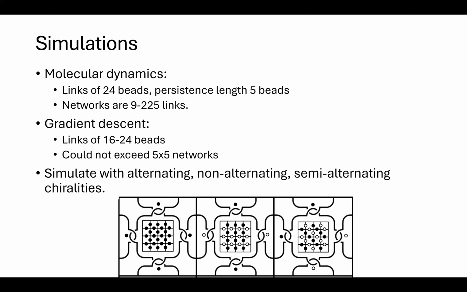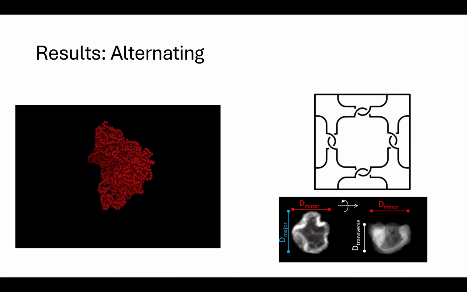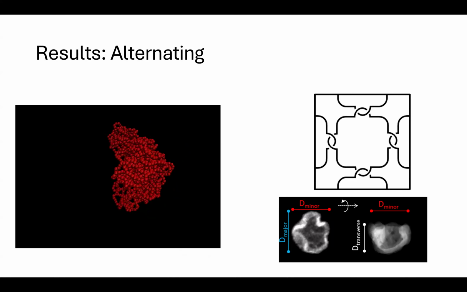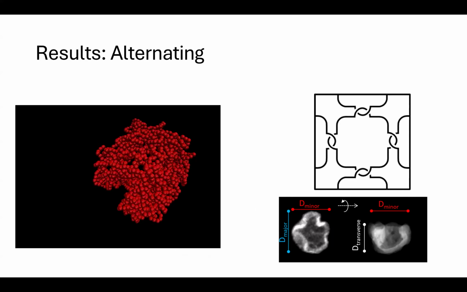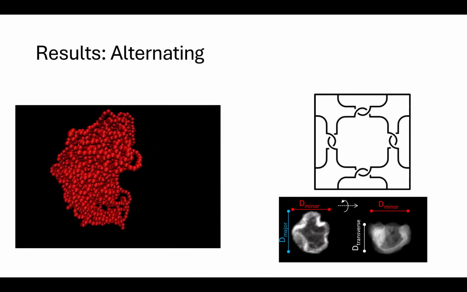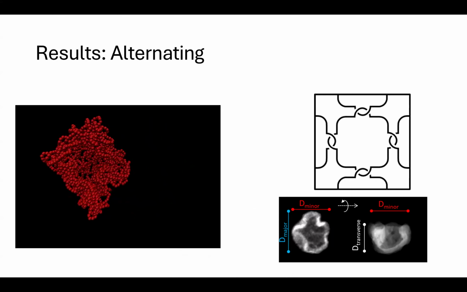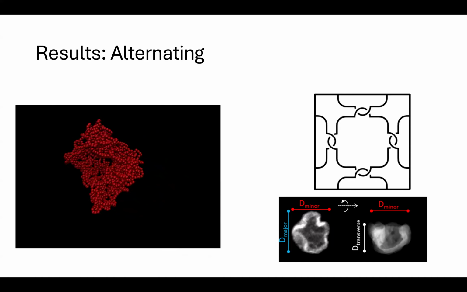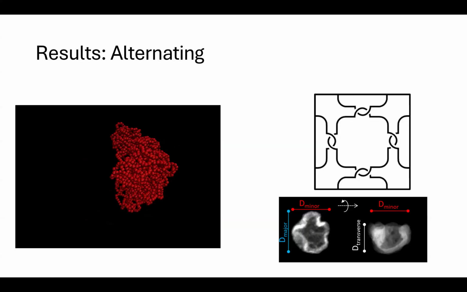Also much more finicky. So I basically was able to go up to 5 by 5 networks with these 3 chiralities. So I'll show you the results first for the molecular dynamics. With the alternating chirality, we get this positive Gaussian curvature. This is the one that goes over, under, over, under. And that's the same positive curvature we see in actual kinetoplasts. So do I think that the parasite's life cycle is somehow having its DNA woven over, then under, then over, then under? Absolutely not. But if you did want to recreate them in a simulation, that might be a good way to do it.